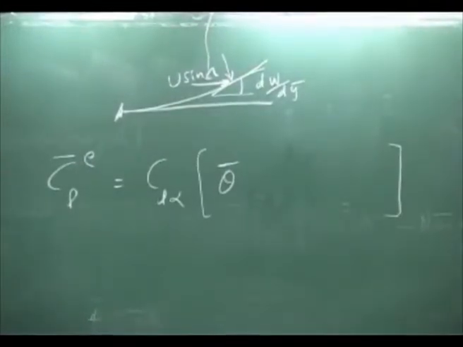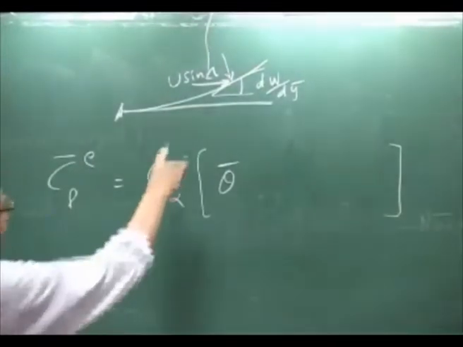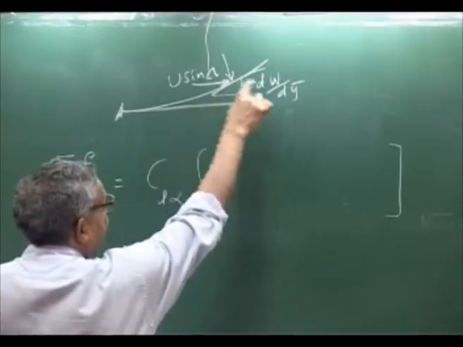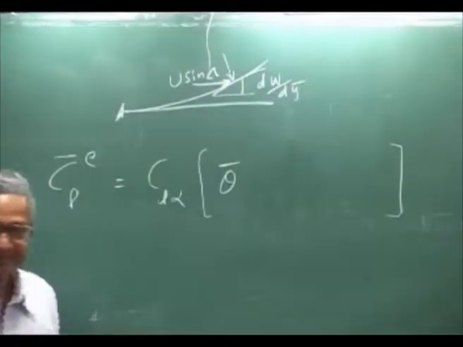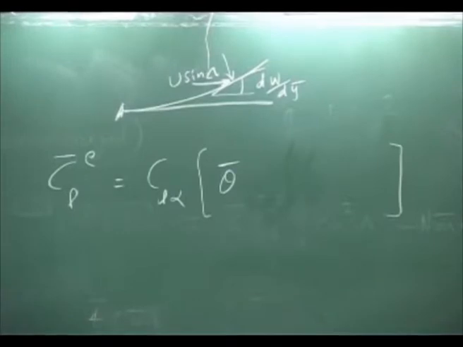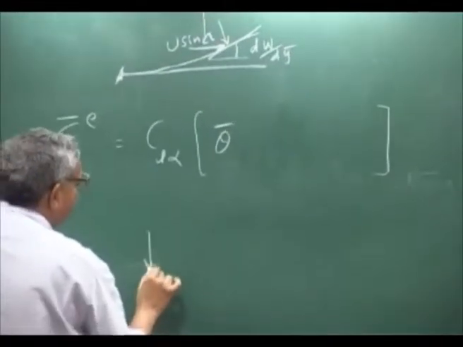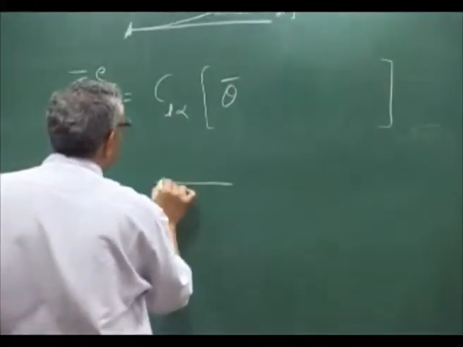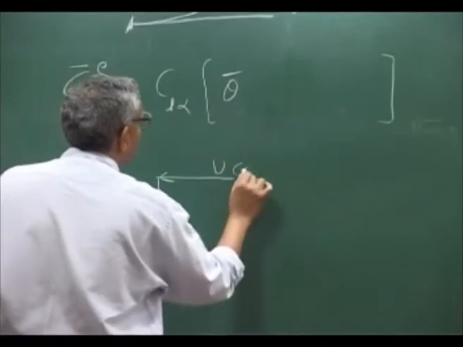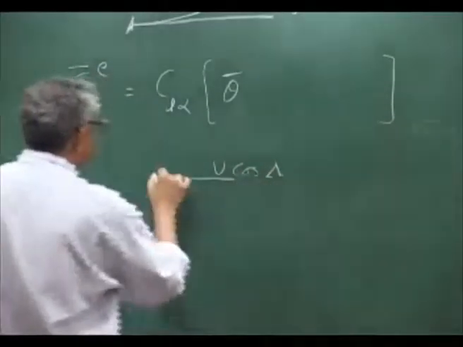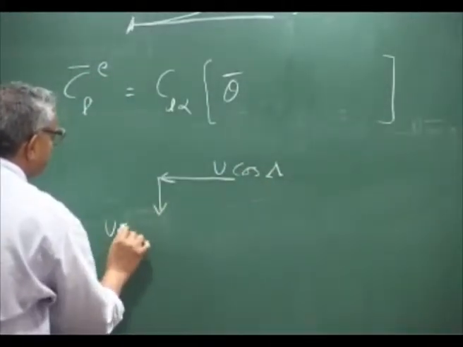Okay. The normal component will be U sin lambda times that, because sine of that slope is very small. You take the normal component, you will have something like this. This is U cosine lambda. The normal component will be